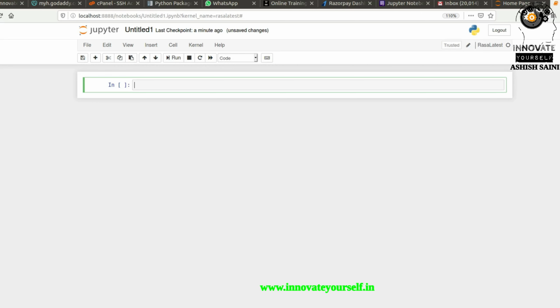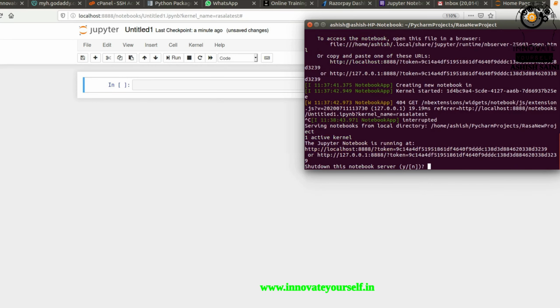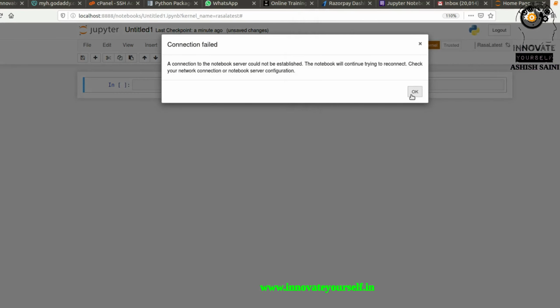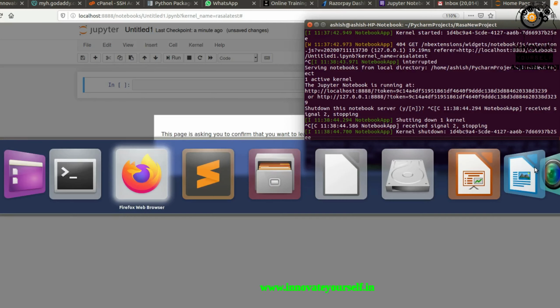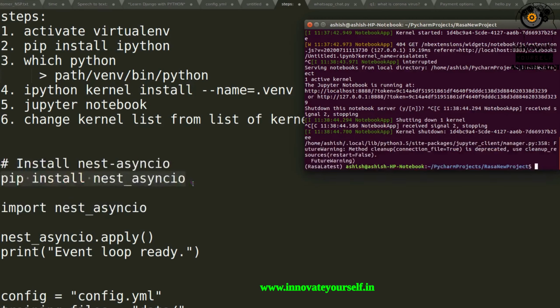After that, firstly I have to stop this part, right? Because when you install this package, you have to first install it, then you have to turn on your Jupyter Notebook, right? So this is the command for it: pip install nest underscore asyncio, because your Jupyter Notebook should run in the asynchronous mode.